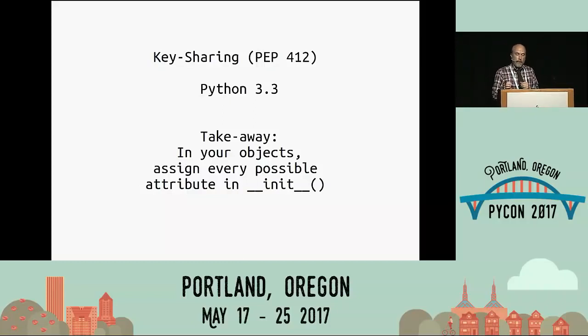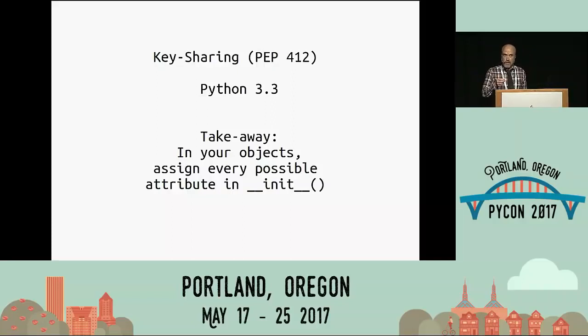The takeaway for you is that in your objects, make sure that dunder init assigns every attribute you're ever going to use. Set them to none if you need to, or to the empty string, or whatever makes sense, but get them in, because if you don't, and during its lifetime one of your objects tries using a new attribute, then its values will have to be thrown away. A full dunder dict, a traditional dictionary, will have to be allocated for it, and all of its attributes copied over. If a single key, a single attribute is added that's not in that original prototypical set of keys, then you lose the sharing. But this is a habit you should already have had.